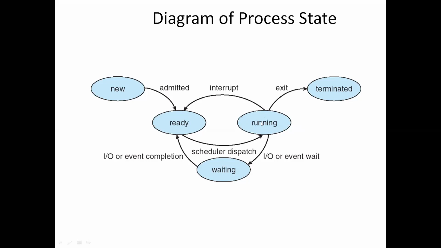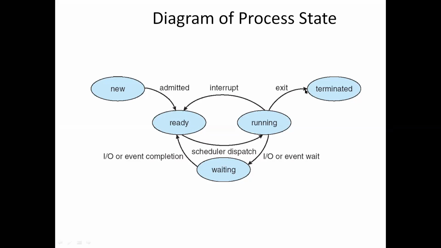From the running state, a process can also be transferred to the ready state, if it got an interrupt or some event occurred. Once again the process shifted to the ready state, it will be waiting for the processor to get assigned to execute it. Again from the ready state to the running state the process will transfer.